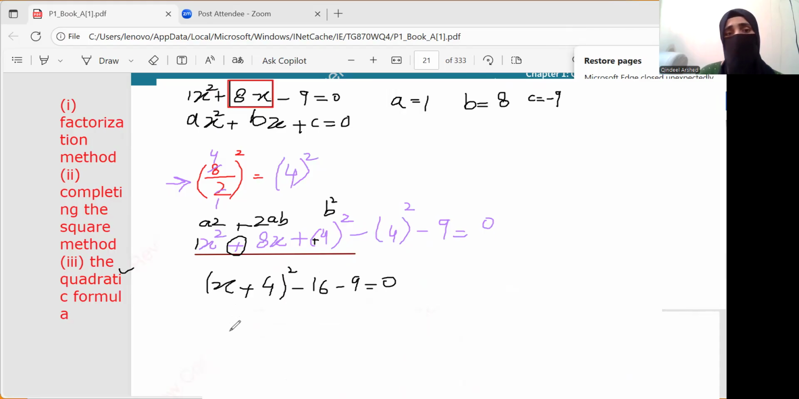In a lot of questions in your paper, in your exam especially, it is given that you have to express the question in this form, like (ax plus b) whole square plus some constant term c. This is one form of the question that is asked in the examination, from the examination point of view. So if you simplify this question,